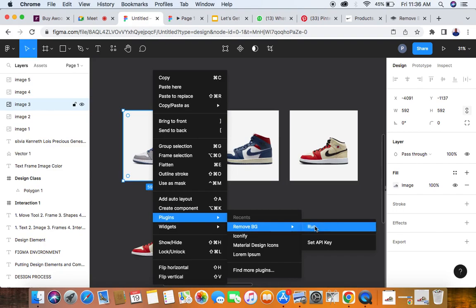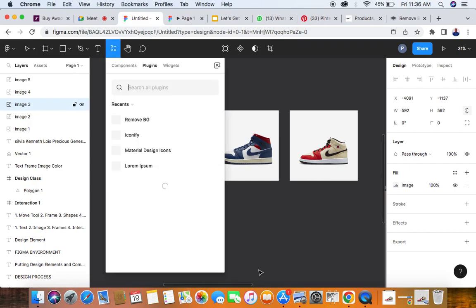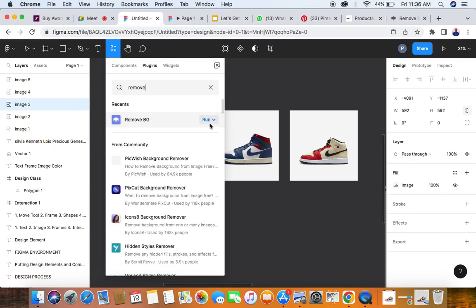If you want to install this plugin, let me just quickly teach you. You won't have all these plugins on your Figma because you have not installed any of them. Are you getting me? So when you go to plugins, yours will be empty. Just come to find more plugins and search for remove BG here. Are you seeing it here? Yes. Then when you click on run, yours will not run. It will tell you to set API. So when you click on set API,